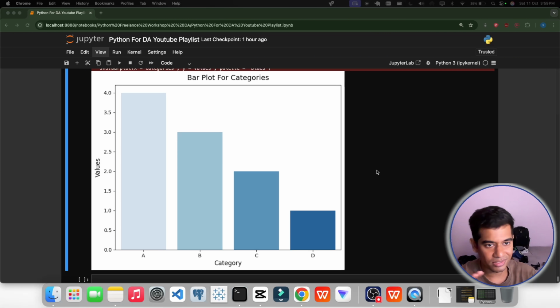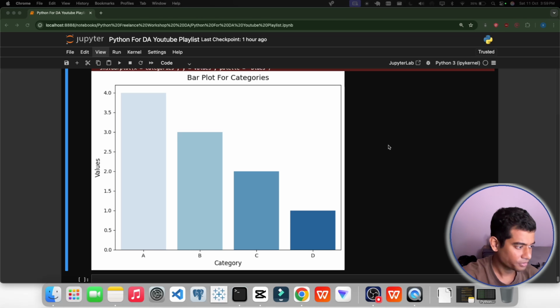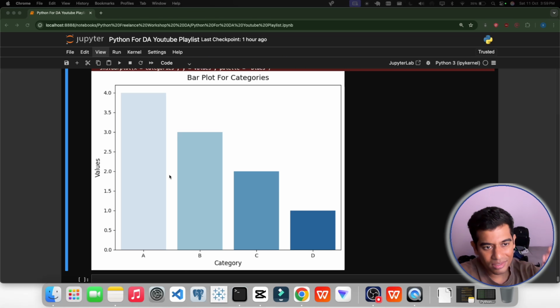So first thing first, sns dot barplot. Here what we have taken, x equal to categories and y equal to values. So this will plot the categories on the x-axis, that's already done, and values on the y-axis. The palette equal to Blues, this one. This parameter applies a gradient of blue shades. It is blue, but see the shades. There is a difference in shades. So the plot looks visually good and appealing. Same color, but in different shades, right?